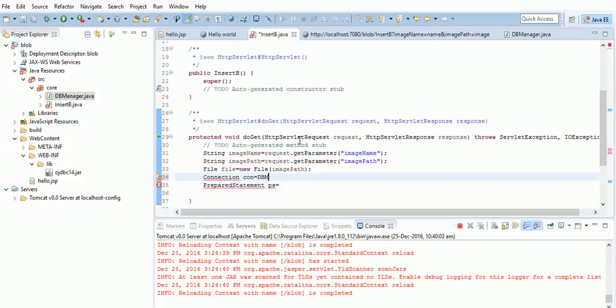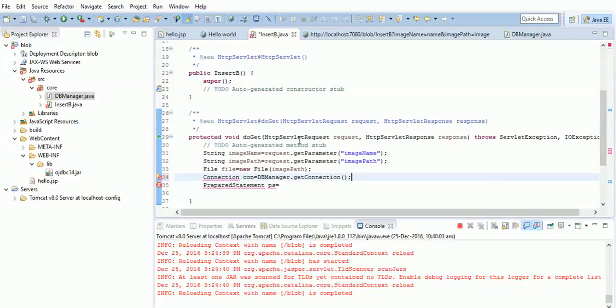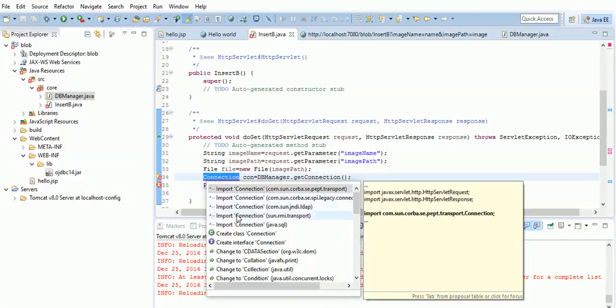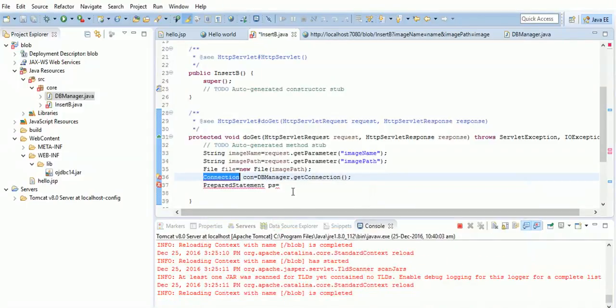So DBManager.getConnection, and we'll get the connection inside con. Let the compiler understand what connection is. And now the compiler understands what con is. Now con dot